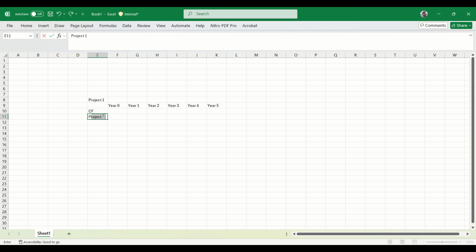We'll do that for project number 2, the second project. That will be Project 2, again with years 0 to 5, and here we're going to put the cash flow values. First, the cash flow values for the first project